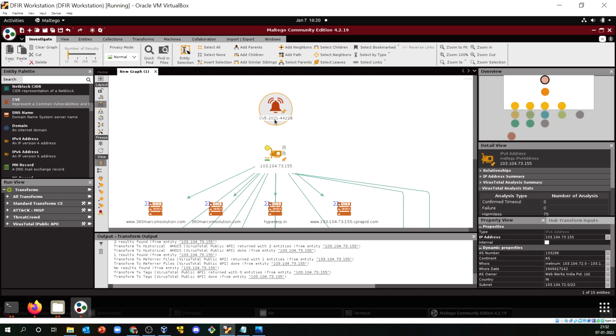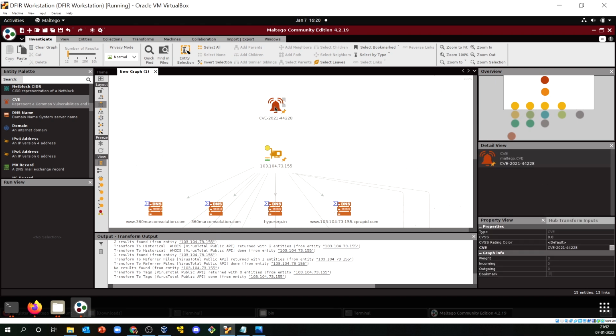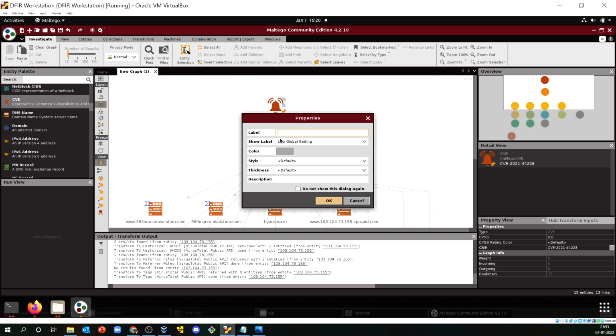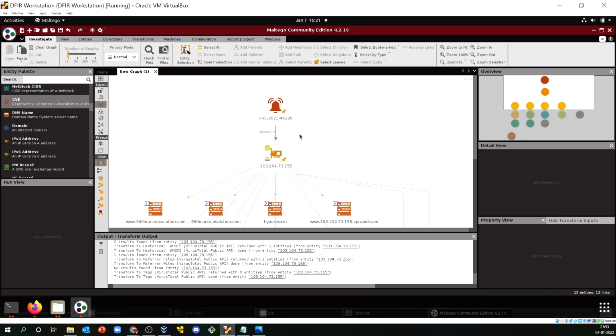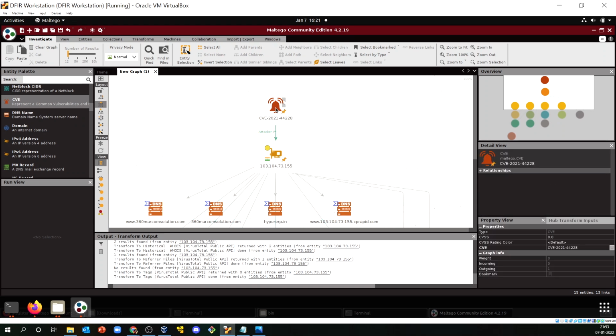Now you can create an auto link over here. What you need to do is select outside, so don't select any of the nodes, and simply right-click, drag, and link over here. This is an option which can give you the label. If you want to put a label, let's say attacker IP, just put a label on attacker IP. So when you are building this timeline, you see this particular IP address has been mapped to this particular CVE.